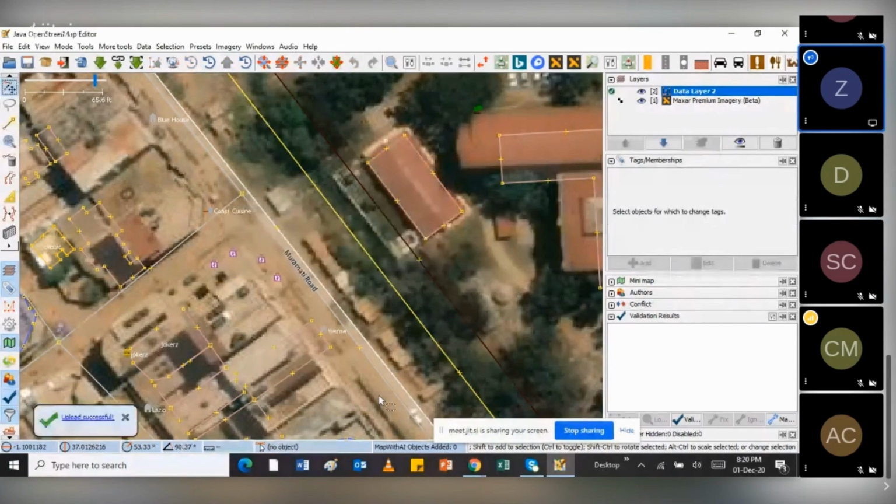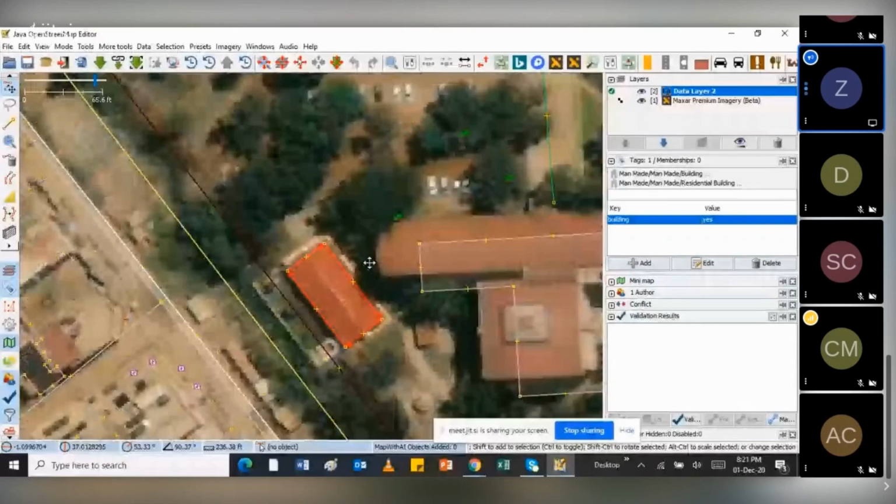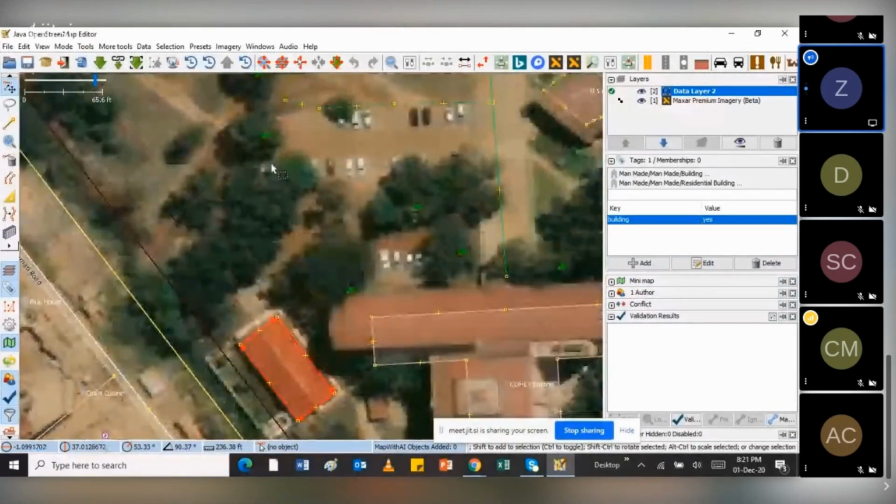As I mentioned, you can do a mass upload of all the features that you've mapped. But if you want to upload a specific feature that you added, you can easily do that.